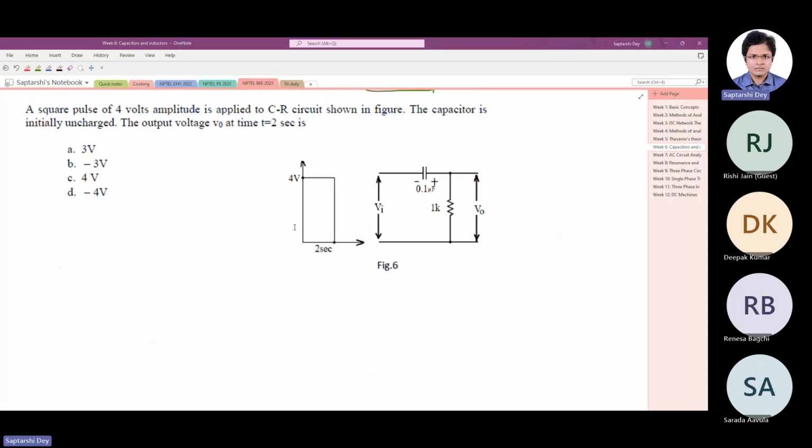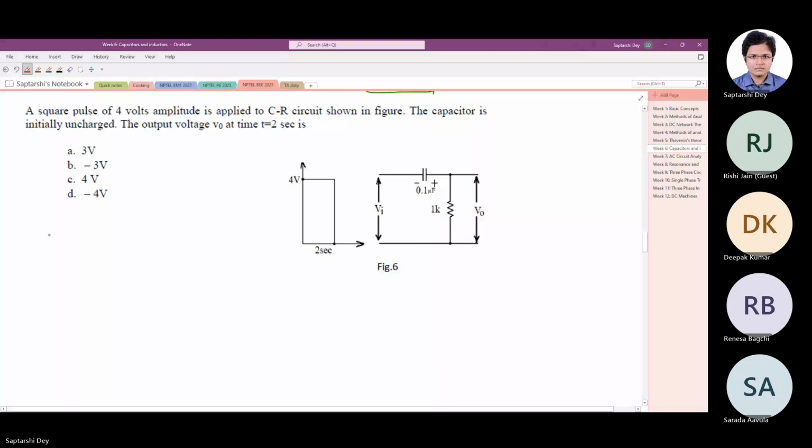A square pulse of 4 volts amplitude is applied to a CR circuit. CR circuit, I don't know where they got this term. Shown in figure. The capacitor is initially uncharged. Very good. The output voltage at t equals 2. So the output voltage is basically the voltage across the resistance, right? Now we know the equation of the current. The equation of the current is V by R e to the power